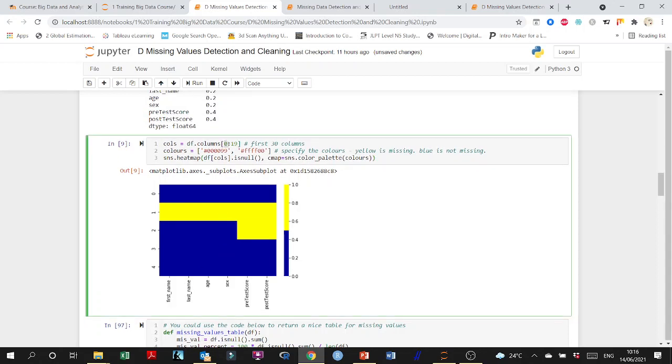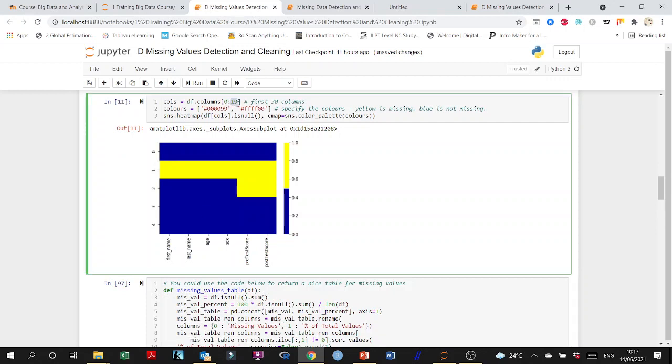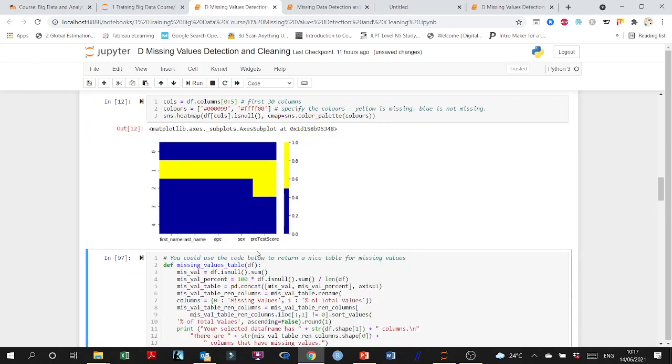But if I start from 1, do you remember when I told you the index starts from 0 with lists? If I start from 1, this gives me a range from 1 to 19. Look what's going to happen. We start from last name. We skipped 0. So if you don't want to skip the 0, you can just add 0:19 or 0:6, in fact, or 5 in this case, which is pre-test score